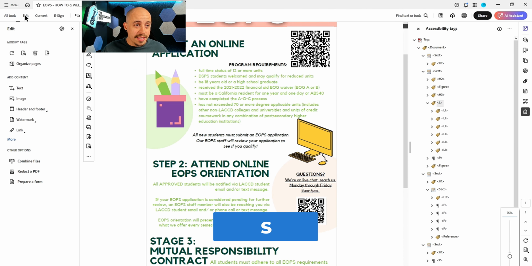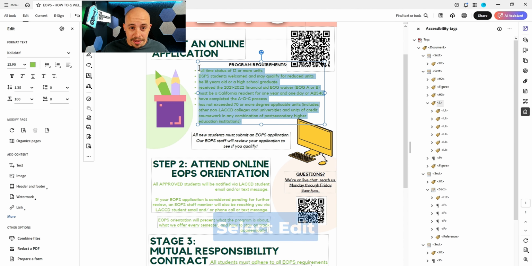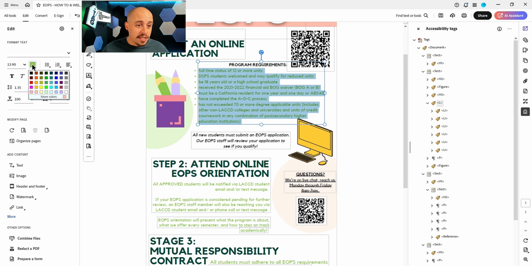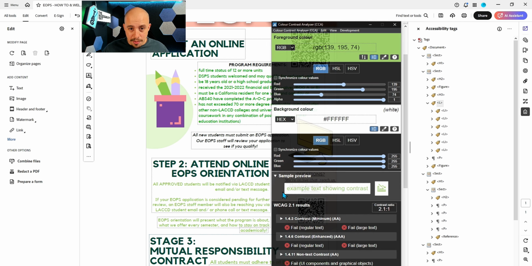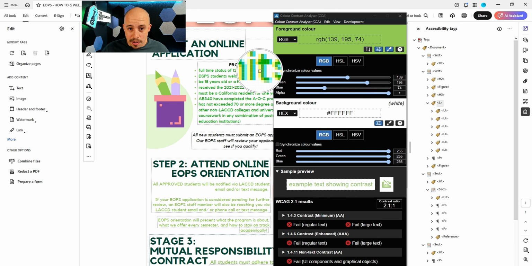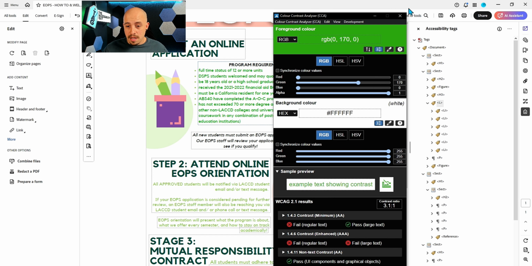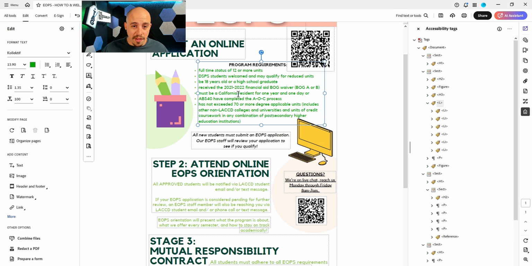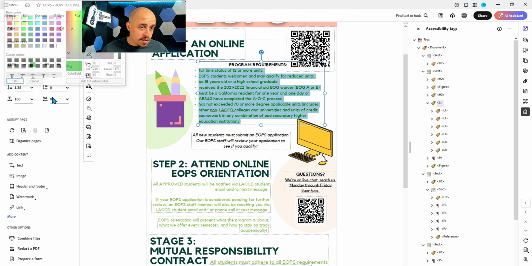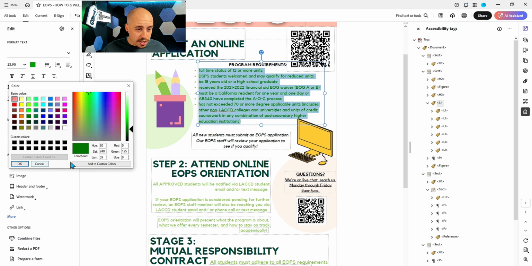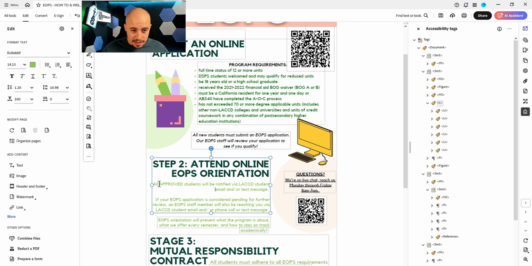Uh-oh, SpaghettiOs. Let's select edit, and before we really get into this, we need to update this green, and we're gonna make it a dark green, and I'm gonna bring up the tool again and test. I don't know if this green's gonna work or not. It passes large text, so we're not quite there. We need a darker green, so let's make it darker. That one looks good. We'll select OK,